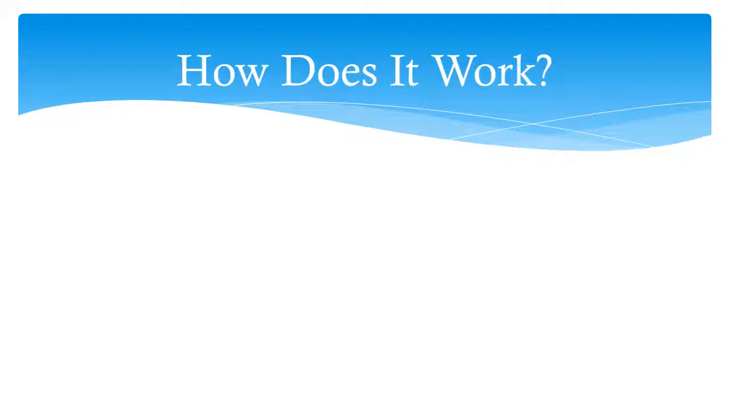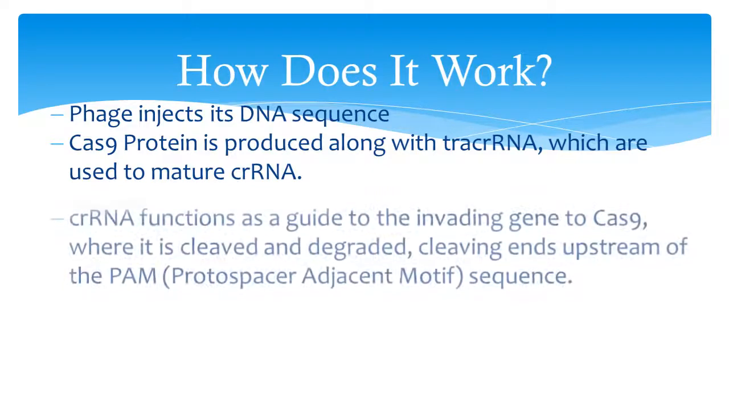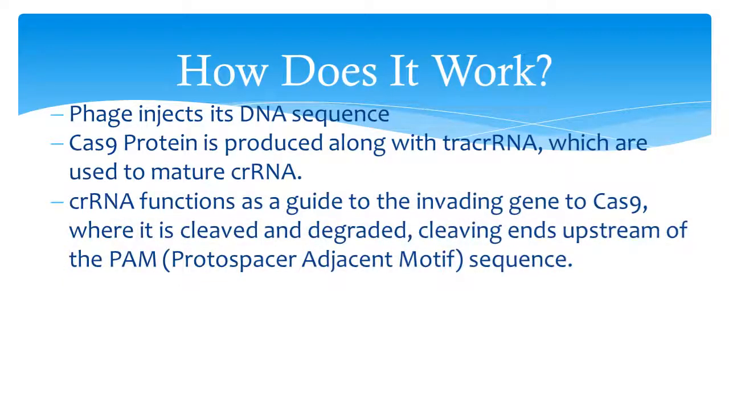So how exactly does CRISPR work? So we begin by having a phage injecting its own DNA sequence into a bacterium. A Cas9 protein is produced along with tracrRNA, and these two form a complex in order to form a mature crRNA. So crRNA functions as a guide to the invading gene into the Cas9 system, where it will be cleaved and